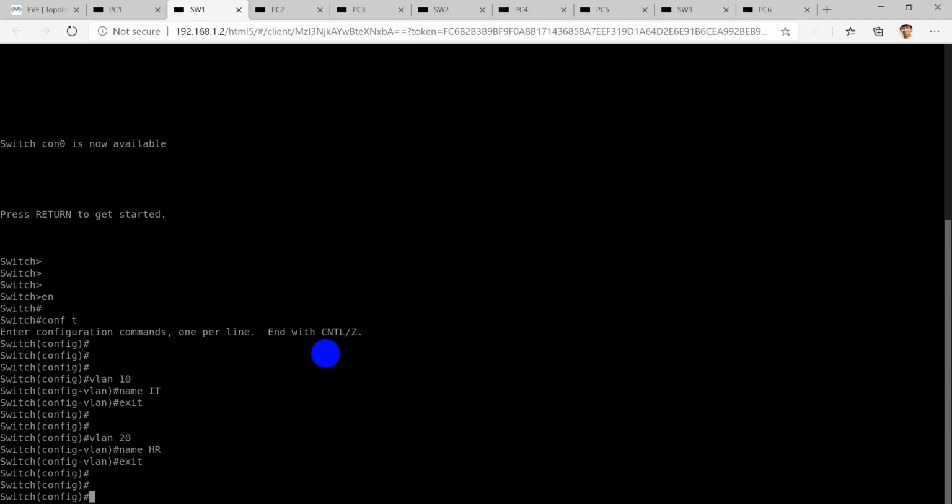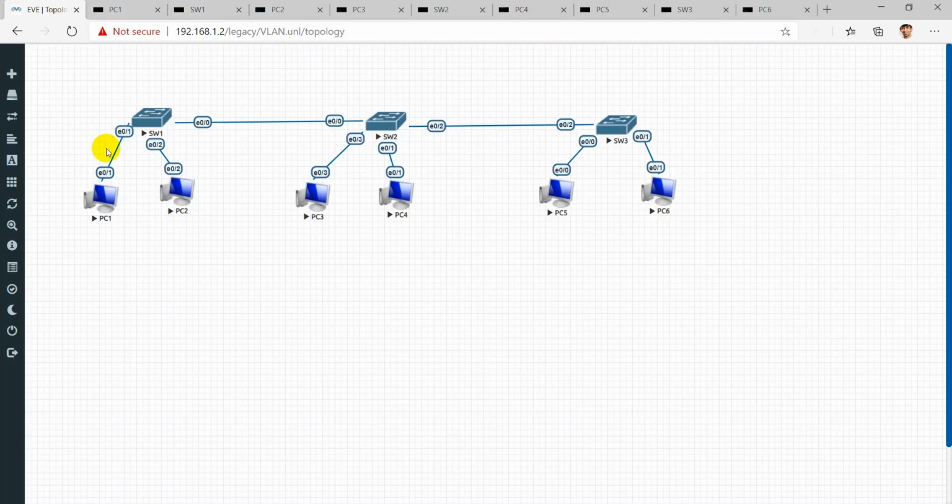In switch 1, we have two PCs connected, PC1 and PC2. I will assign these two links as access links. I'll assign this to VLAN 10 and this to VLAN 20. So let's go on to the switch.